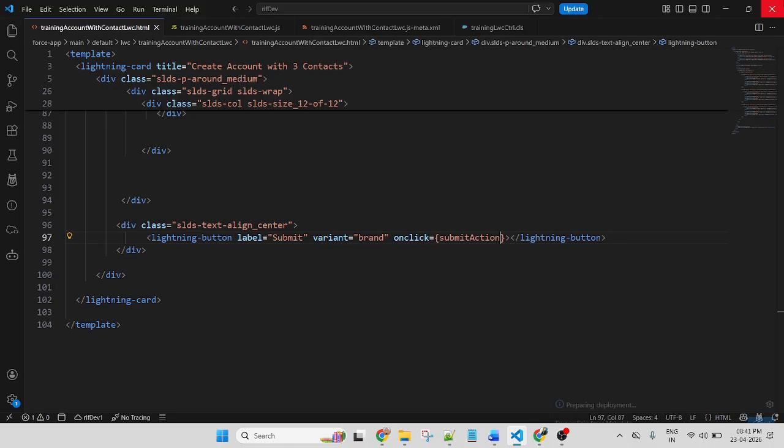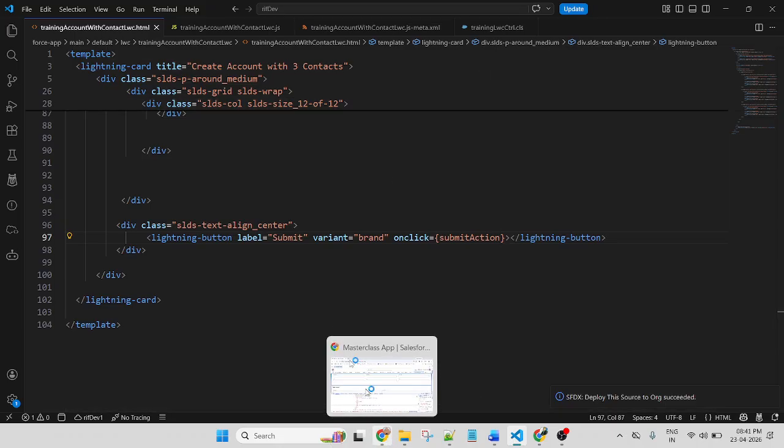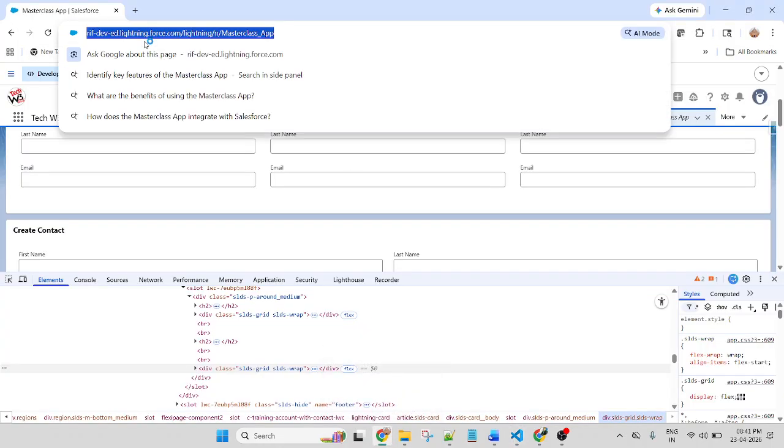So once we click on the button, we will insert the record. So I added a button.